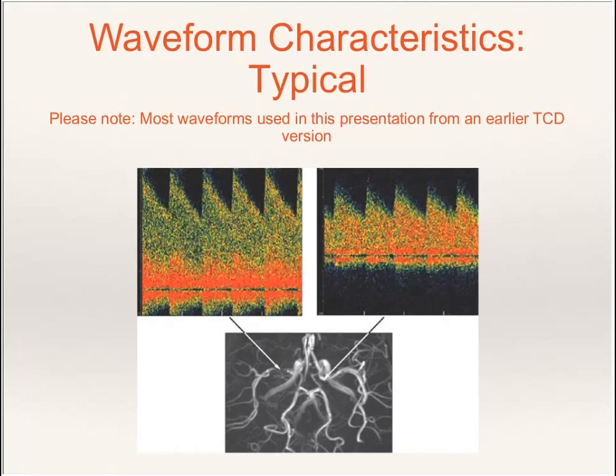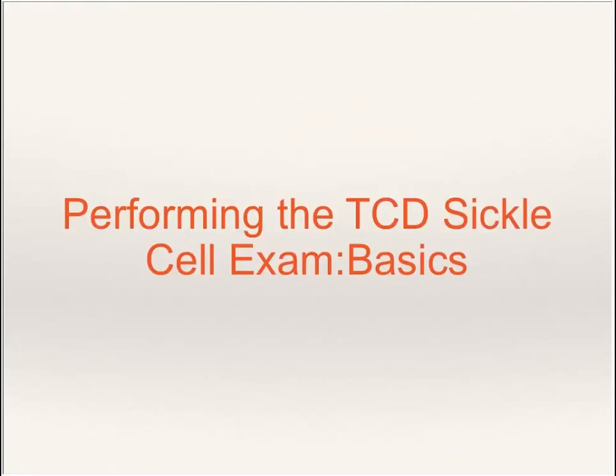So the traceability of the vessel and being able to document the larger waveform demonstrating the middle cerebral and then the branch vessels along the baseline is very helpful to making you feel sure that you're actually on the vessel of choice. So now that I've moved through very quickly sort of the background of the STOP study,